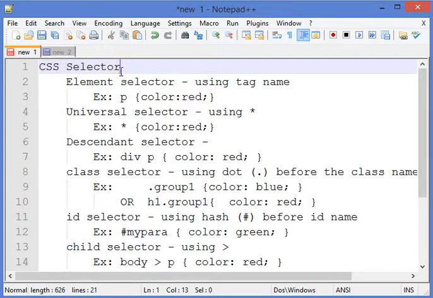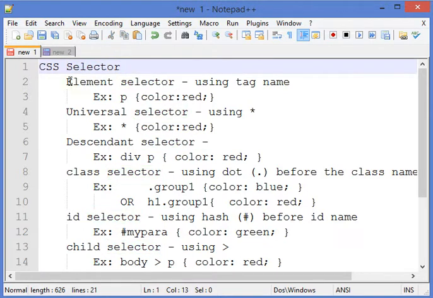So what are selectors? Selectors basically select the web page elements, or a group of elements, or even the whole page, in order to apply the CSS style rules for the purpose of its decoration. Okay,